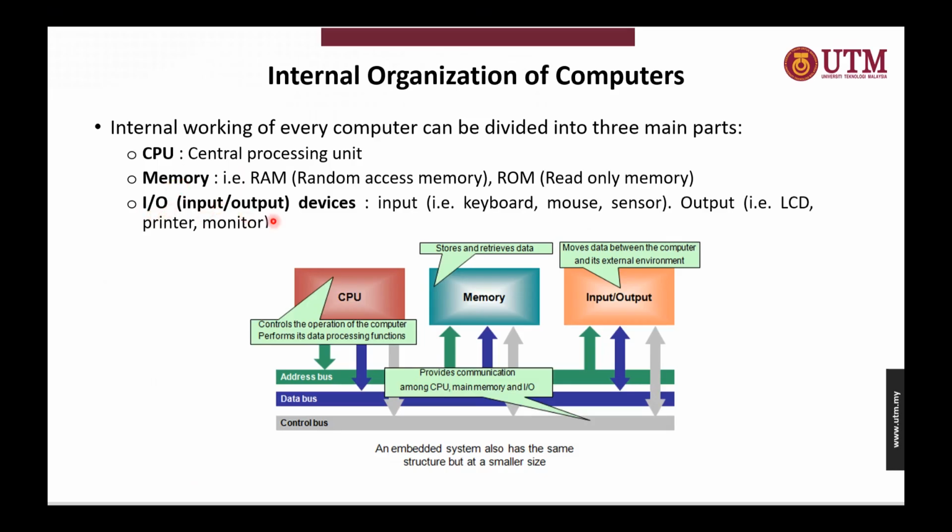This GPIO can be for the input, such as a keyboard, mouse, or sensors. And then output, such as LCD, printer, and monitor. So this is for the computers. What about embedded systems? An embedded system also needs to have these